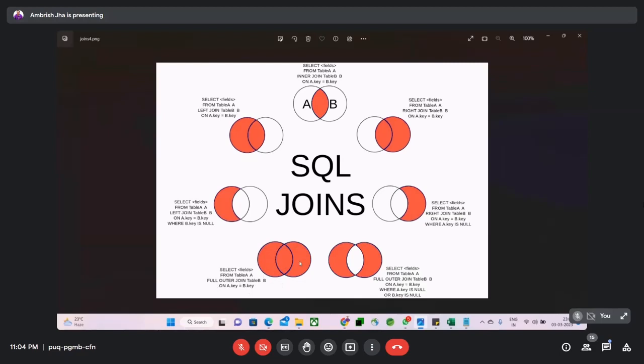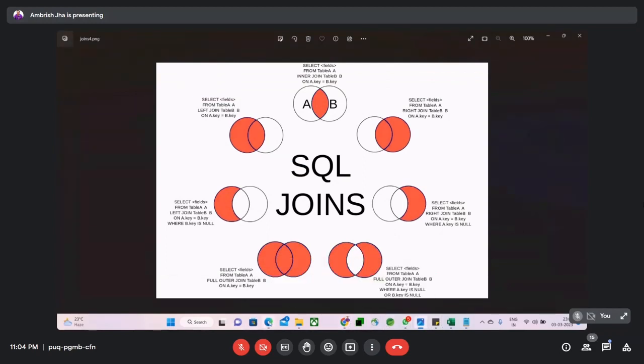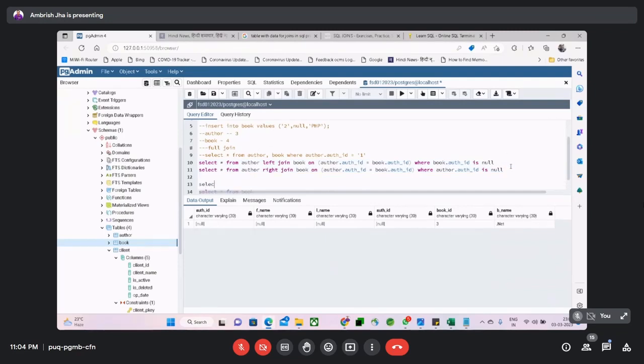ये तो कार्जियन प्रोडक्ट है, सॉरी ये तो सिंपल फुल आउटर ज्वाइन है, और इसमें दोनों का नल अगर हम चेक करते हैं तो क्या आएगा, फुल आउटर ज्वाइन एंड देन दोनों का नल। एक बार ये देख लेते हैं फिर हम सेशन क्लोज करेंगे। select star from author full outer join book on author dot auth id equal to book dot auth id। ये तो की है ना हमारा, दोनों टेबल में कॉमन वैल्यू है auth id